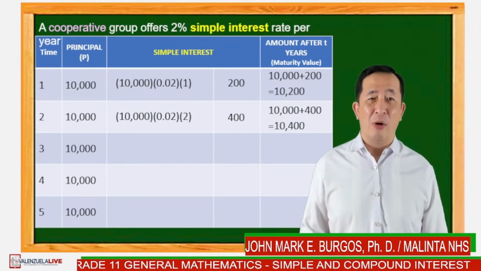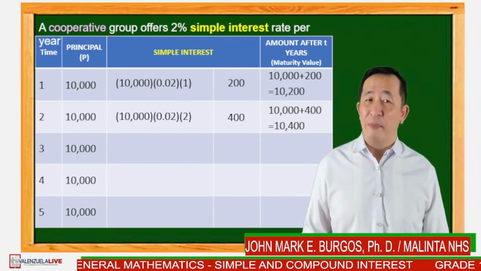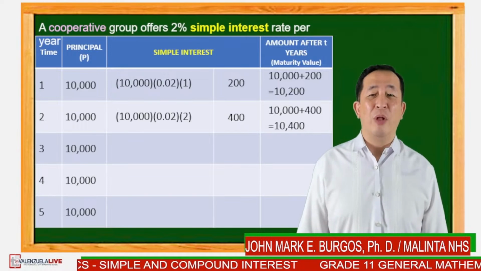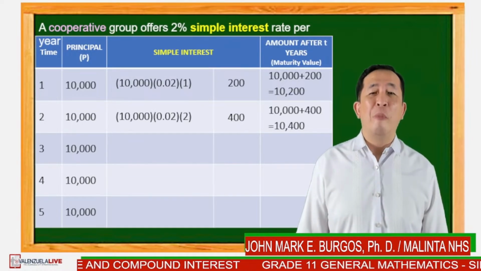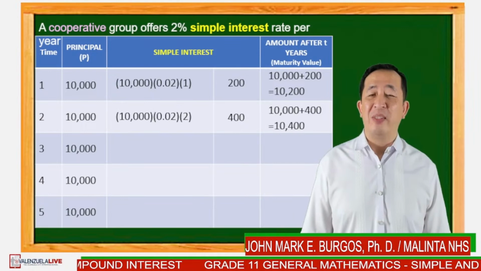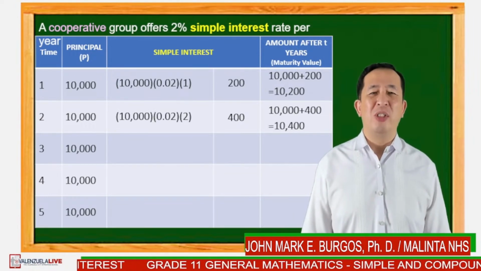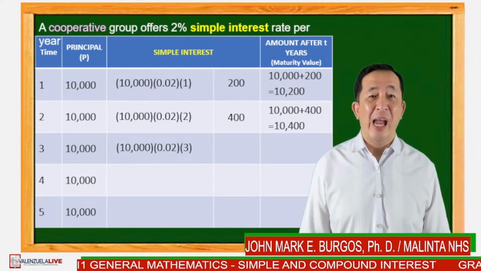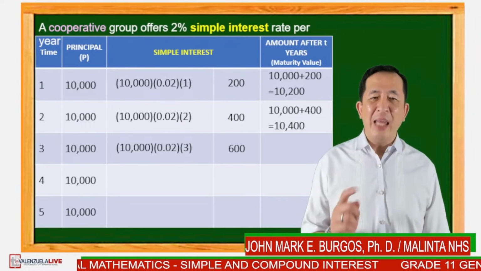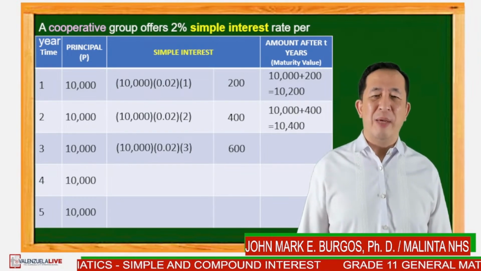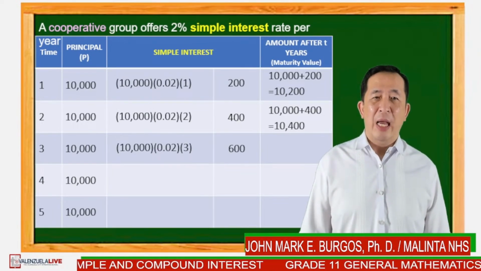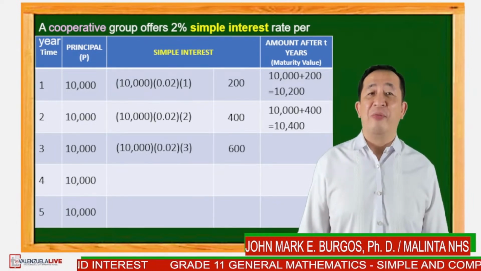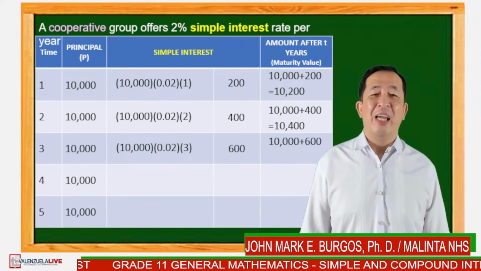That will be the amount after T years, the maturity value. For the third year, the principal again will be 10,000. And to obtain the simple interest, we have 10,000 times 0.02 times 3. And the simple interest will be 600 pesos. Adding the computed simple interest to the principal, the amount after T years or the maturity value will be 10,000 plus 600 is equal to